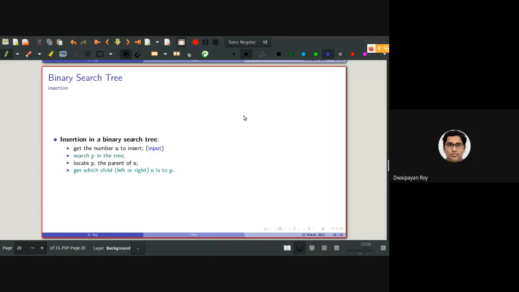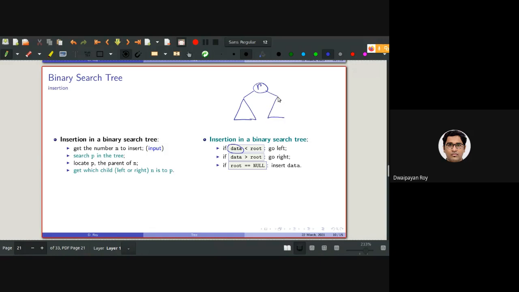So basically the insertion will happen like this: if the new data is less than the root, then we need to go to the left subtree. It is containing the root. So this is the left, and this is the right. If I want to add data in this tree, data will be added somewhere here.